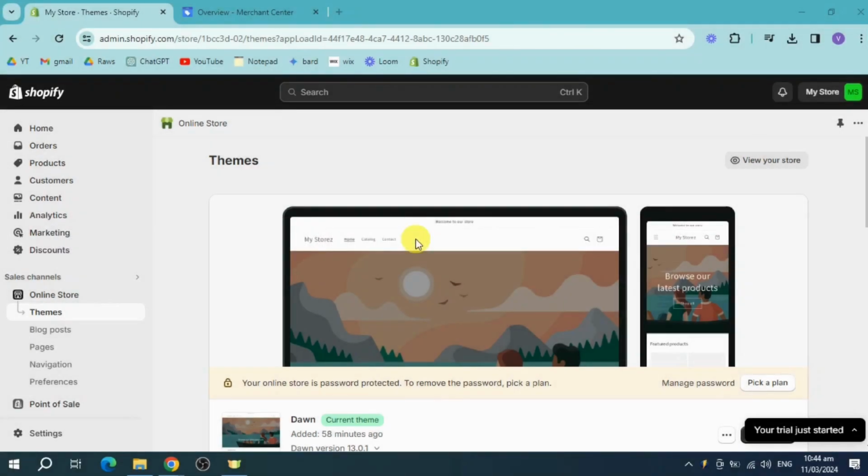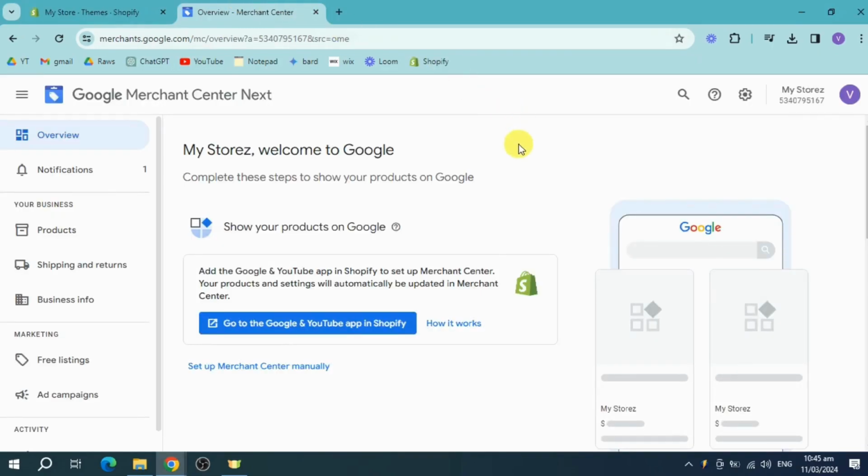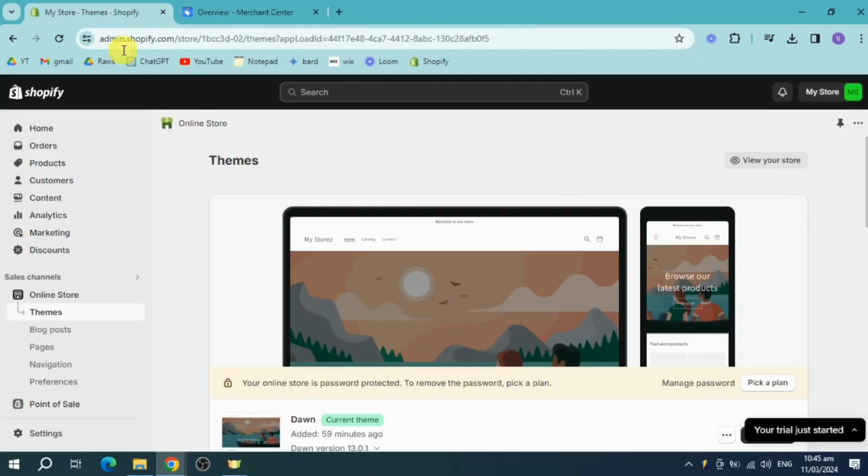Let's get started. So in here, I have my actual Shopify, and in the next tab, I have the Google Merchant Center. I have already signed up my account on Google Merchant Center. You just need to do so. And in here, as you can see, I need to add the Google and YouTube app in Shopify to set up the Merchant Center. So let's head right to our Shopify and scroll down right here in order to